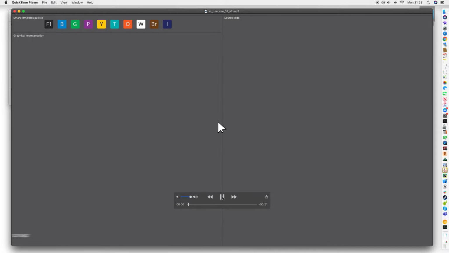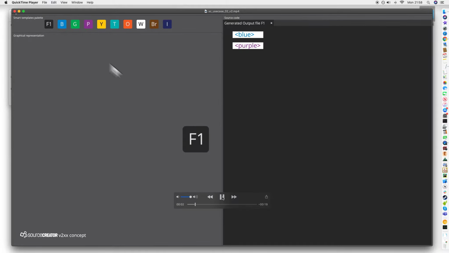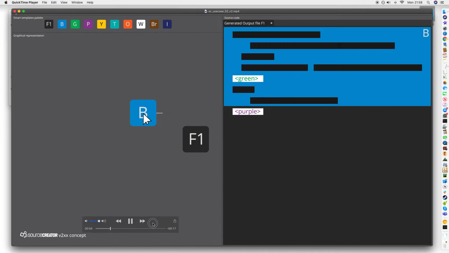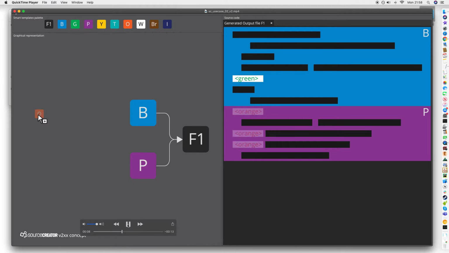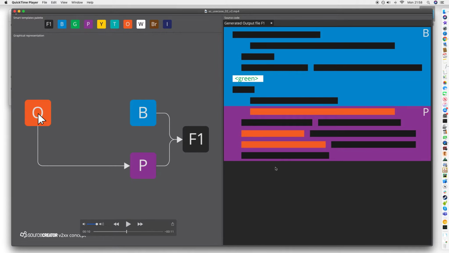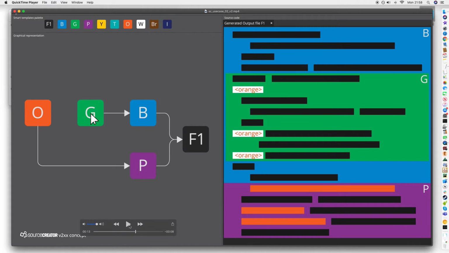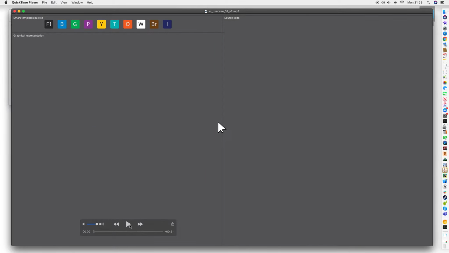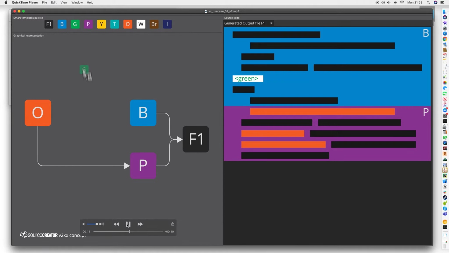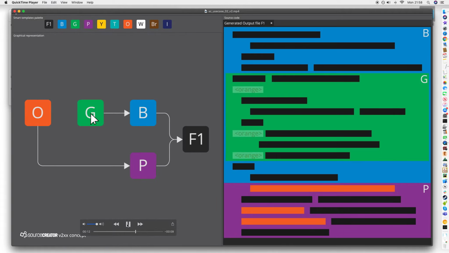For example, we go through dropping a file again, which takes blue and purple components. We drop an orange. Notice how the orange output is automatically fed into purple. Now, if we drop a green component that takes orange, the output of green went into blue because that was how the blue was designed. And now green has some tags for the orange content, and therefore the system would automatically feed orange content into